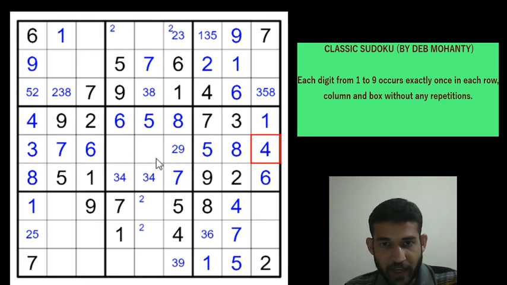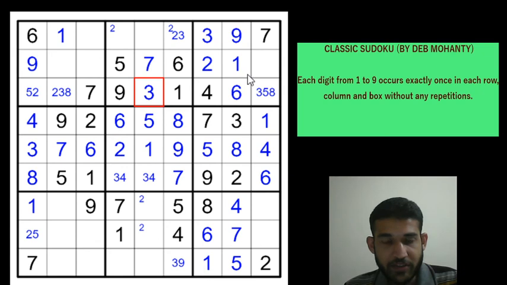And 1 in box 5 has only one cell left, right? This will be here. 2 and 9 have to be placed in these two cells, but 9 is in column 4, so this will be a 9 and this is a 2. Clear? And along column 7, 3 and 6 are to be placed, but 6 is in box 1, so 6 can't be here, so 6 will be here, and that gives a 3 here. Now 3 in box 2 can only be placed in this cell.